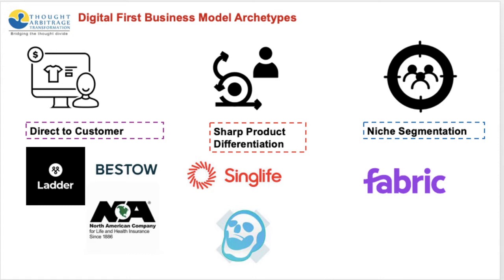These companies differentiate on the uniqueness of their products and offerings in the marketplace by creating entirely new markets for themselves. Now, Singapore Life is one such company, a fully licensed mobile first life insurance company approved by the Monetary Authority of Singapore. One of its distinct features is the Singlife account. The Singlife account is an insurance savings plan that earns 1.5% annualized returns with no lock-in period. The account gives insurance protection against death up to 105% of the account value, which is paid to your near and dear ones.